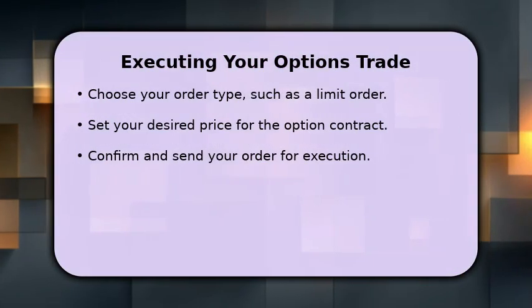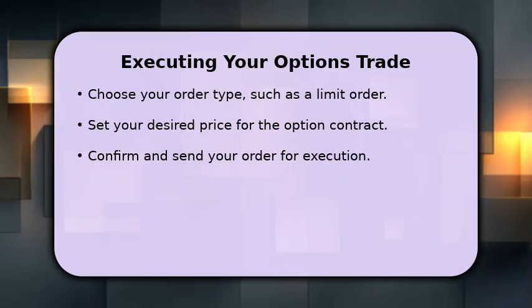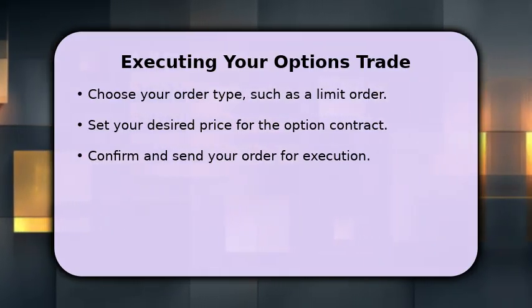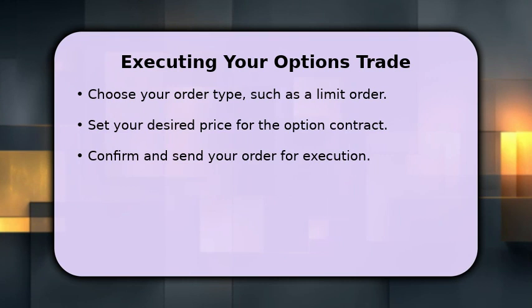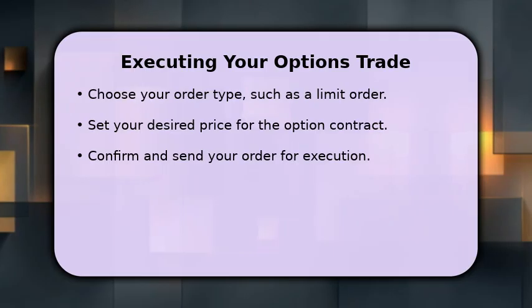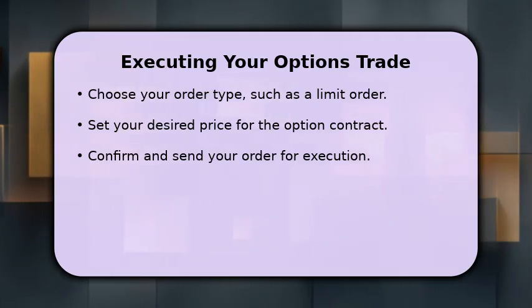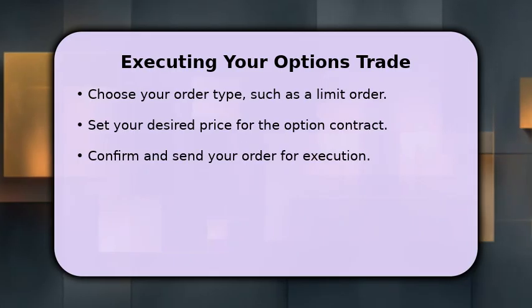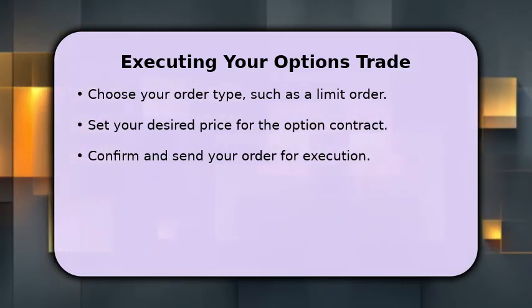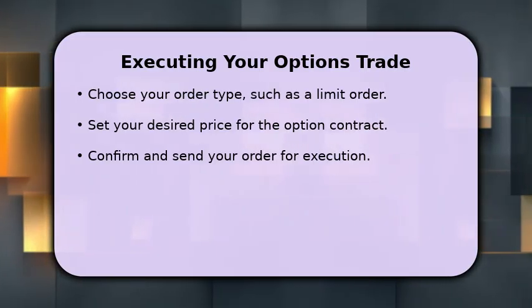Now, select your order type. A limit order allows you to specify the maximum price you are willing to pay or the minimum price you are willing to receive, offering more control. A market order, conversely, executes at the next available price. Once you have set your price and reviewed all order details one final time, click the Confirm and Send button. This will place your order into the market, completing the process of buying